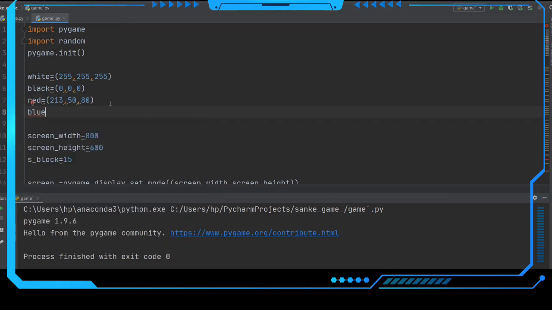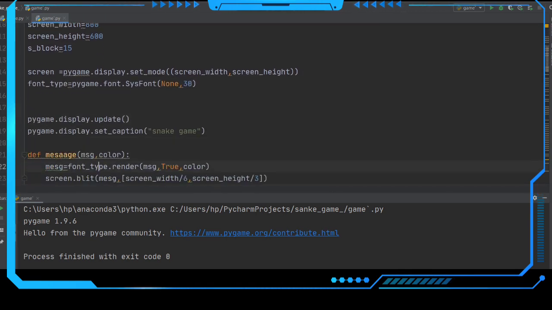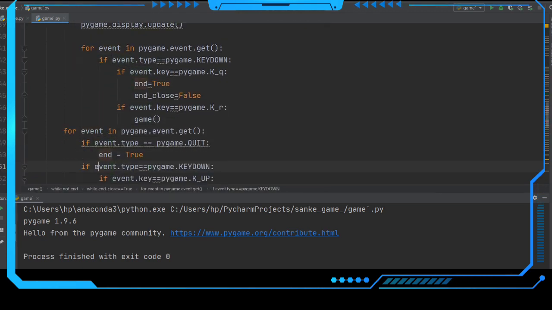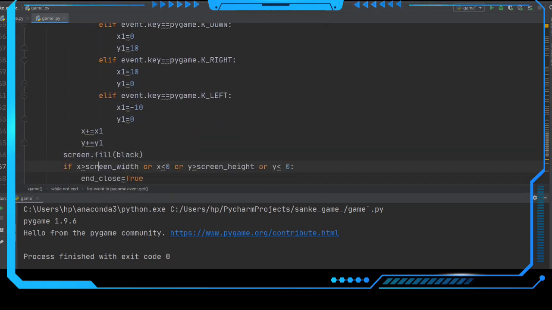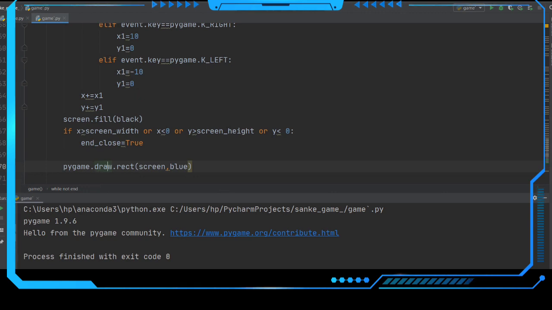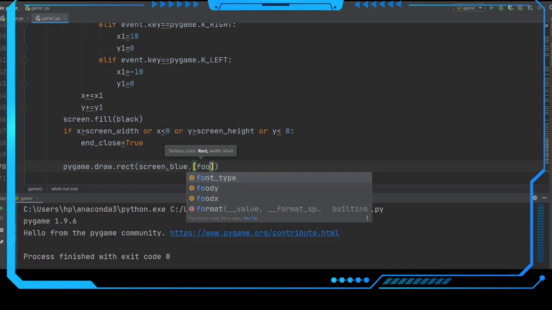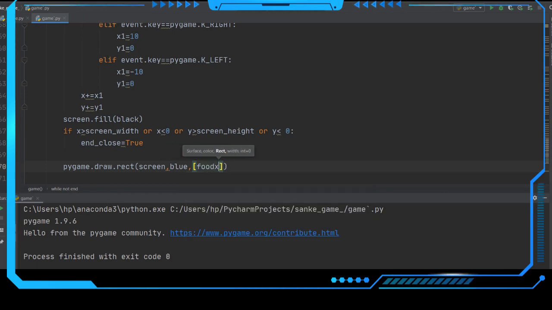get this one. Blue is equals to, blue is having the representation IDs like 50, 153, 213. You will get these numbers by internet. So after drawing this blue, here we have to specify the coordinates. So the coordinates are food x, food y,